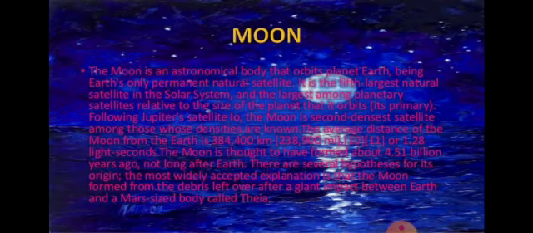Now we are going to know about the moon. What are the characteristics of the moon and what are the different features of the moon? What is the moon? The moon is a natural satellite of the earth, and it revolves around the earth on a definite regular path that is known as the moon's orbit.